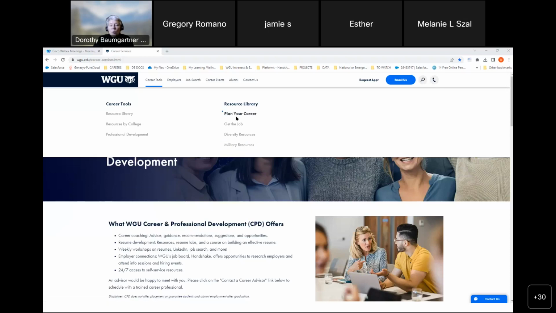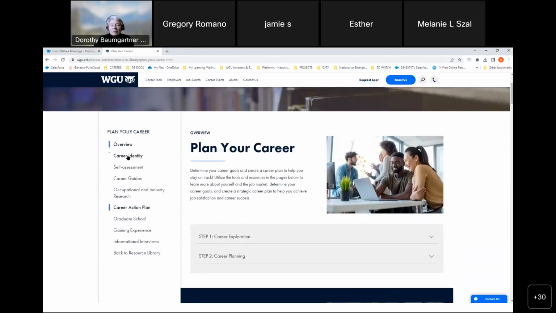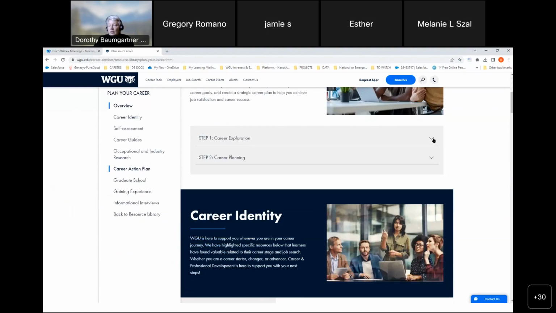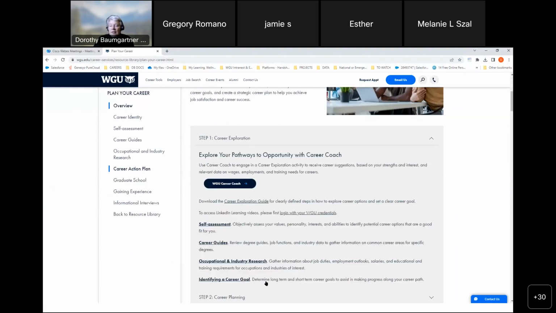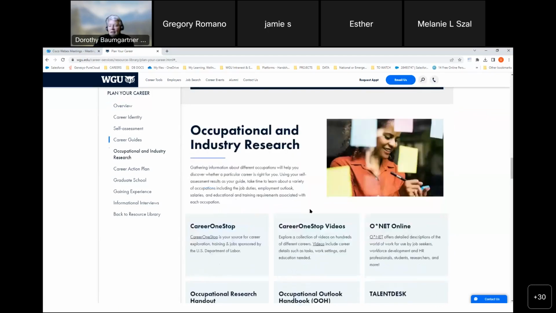But the two core sections that you want to be working with is planning your career, and I just want to show you the kind of stuff that's in here. If you don't know what direction you want to go, there's overviews for career identity, and for example, like here in this overview in the career exploration, there are things that you can download, like these career guides can help you look for different kinds of roles. And those are by degree. I think those are split up by degree. So if you haven't seen this yet,